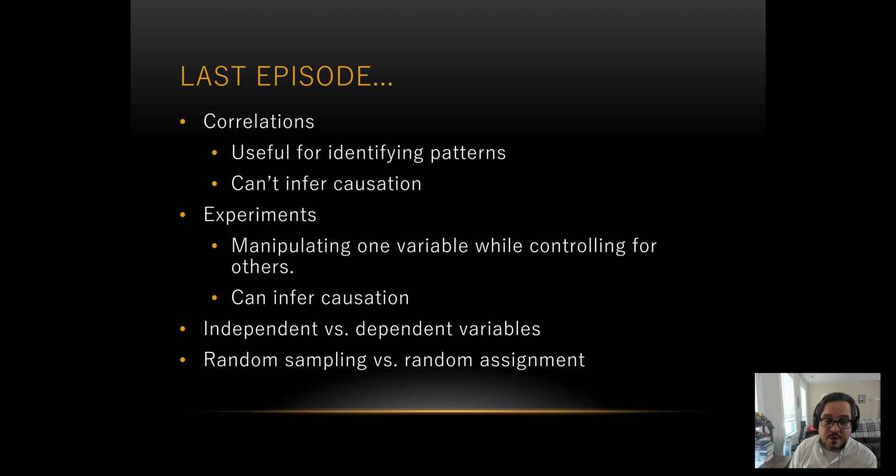What we learned last week was that correlations are useful for identifying patterns. That is, if you want to know that one variable is related to another, you can use a correlation. If you simply want to know that that association exists, that is what a correlation is for. However, its great limitation is that you cannot infer causation. That is, simply because two variables are mathematically related to one another doesn't mean that one actually has an impact